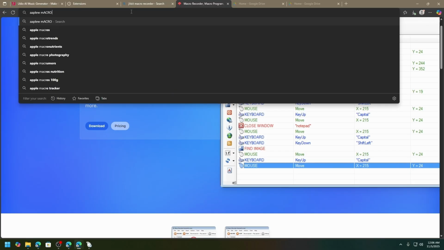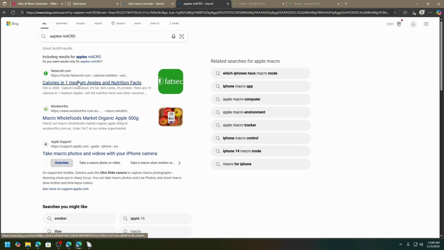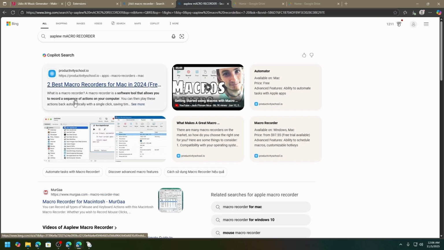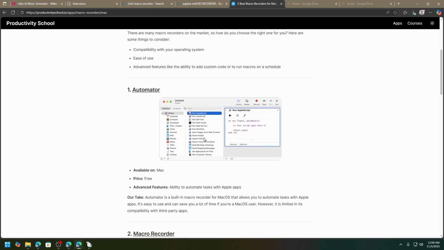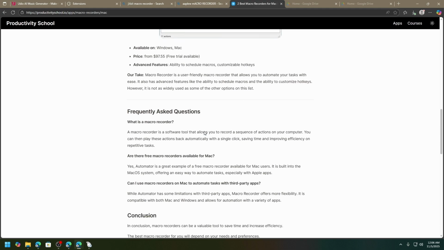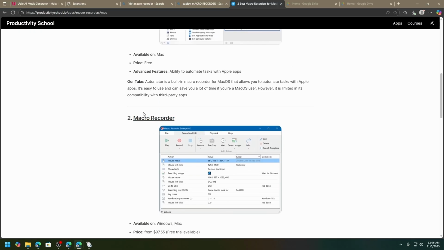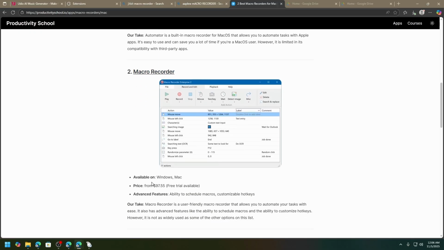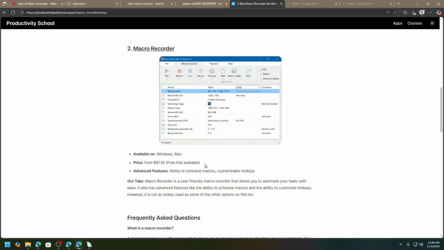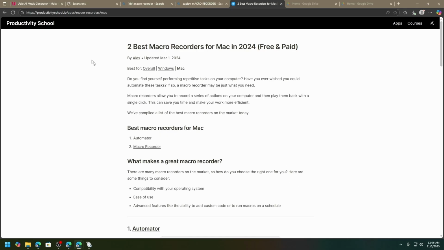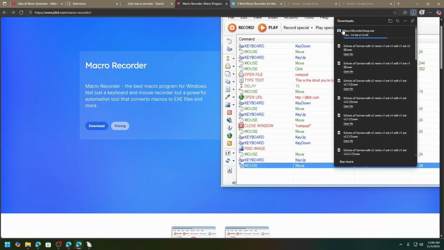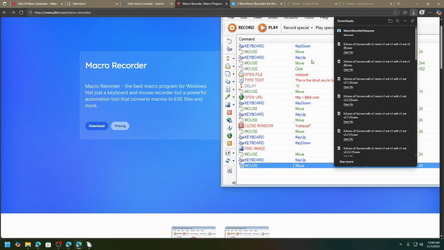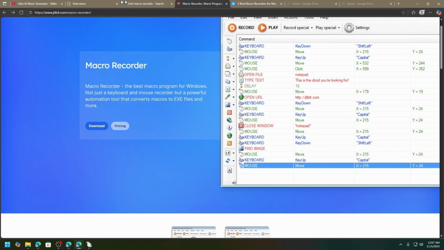Is there an equivalent Apple macro? Okay, no. Well, anyways, there are macros out there that you could use. So you want something like this. There's a record button and all that. So these are ones you could probably try out. The macro recorder for Windows has a free trial, so that could help out. So yeah, you do need a macro. So I'm going to go back to Jitbit and download that, so follow along there, and then we're going to go over to Jitbit in a moment.